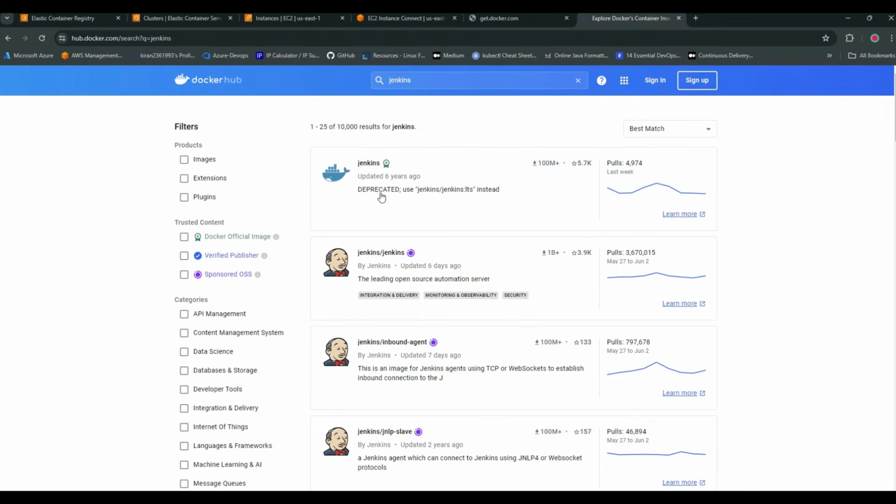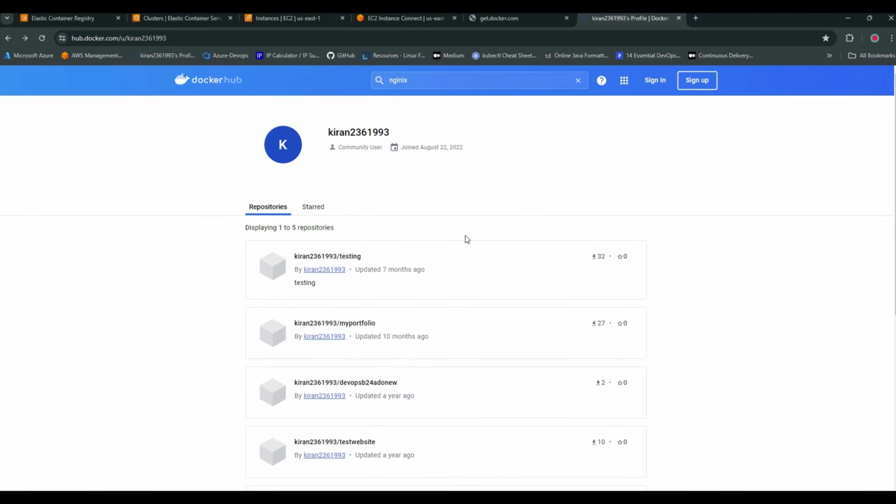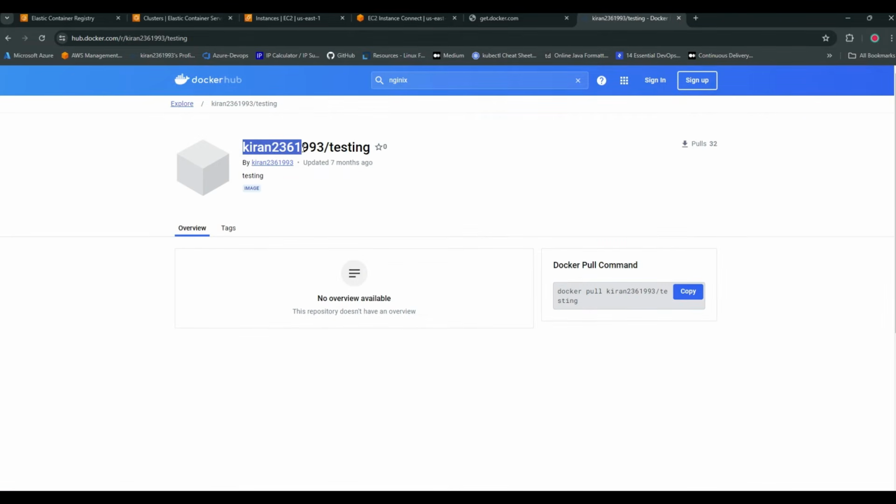In our environment, we are running on the same images only. We are using master and worker architecture. This was signed out, I don't know why. If you watch carefully, Kiran 2361993 is my registry, right? And this testing is a container repository, not a container registry.